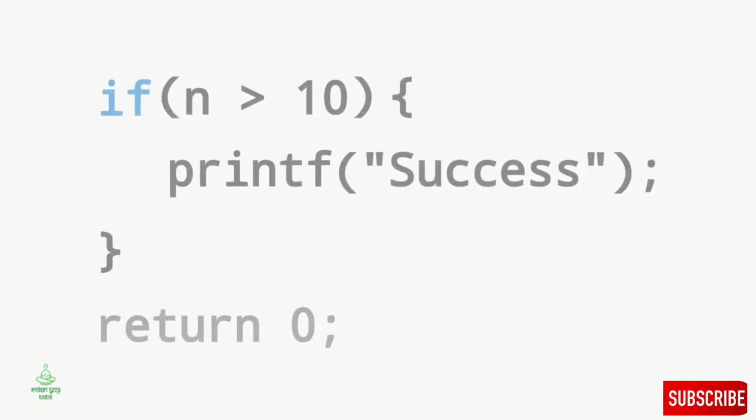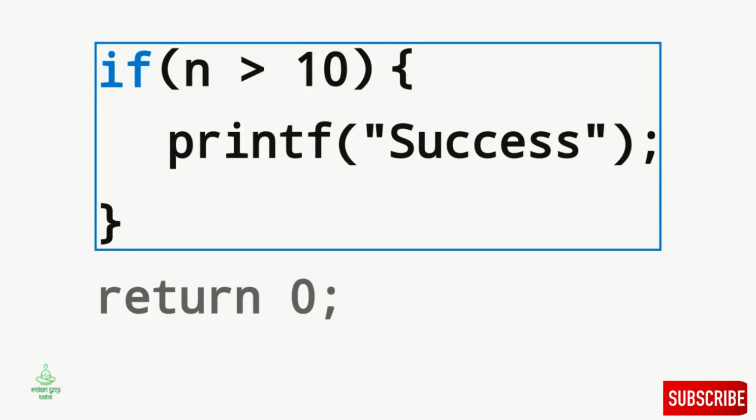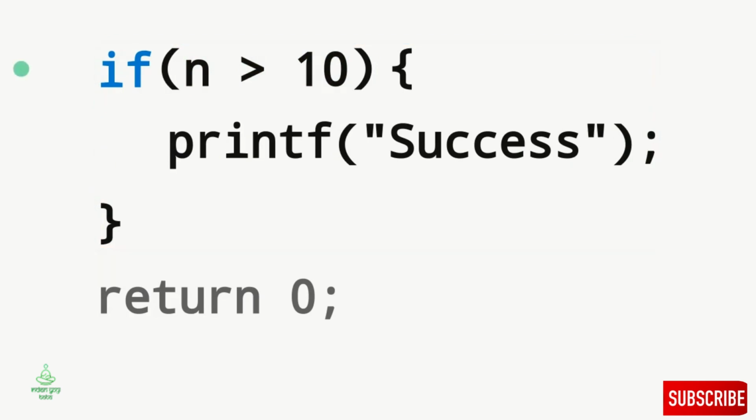Let's look at the syntax for a basic if statement, checking if a number is greater than 10. You place the condition you want to evaluate inside the parentheses, and the code you want to run inside the curly braces. The compiler reads this as a strict binary. If the condition is true, the program steps inside the curly braces and executes the code. If it's false, the program skips the block entirely and moves on.